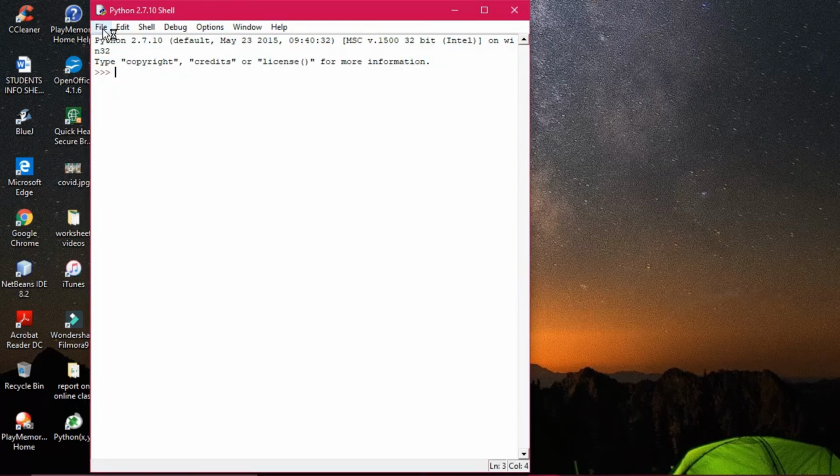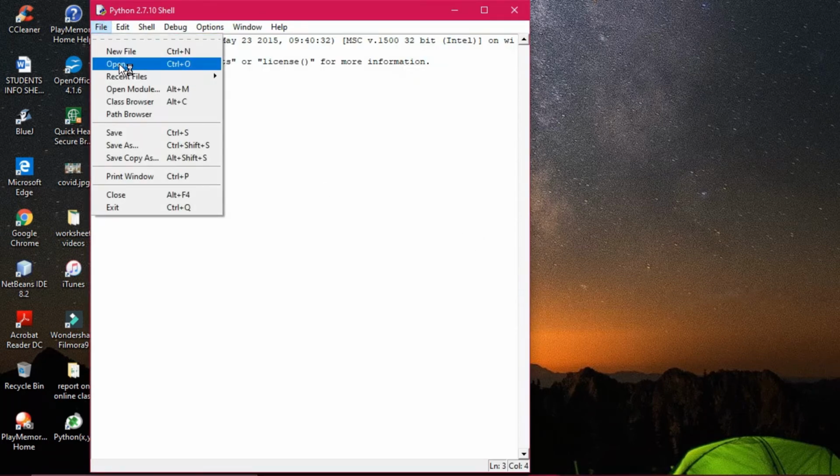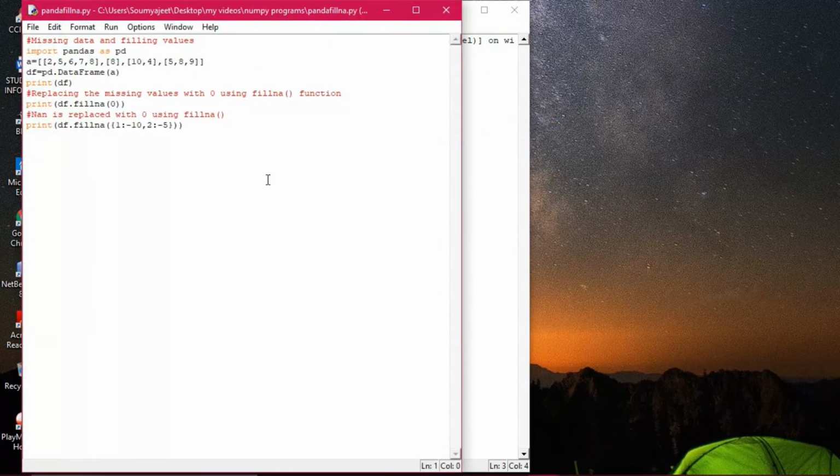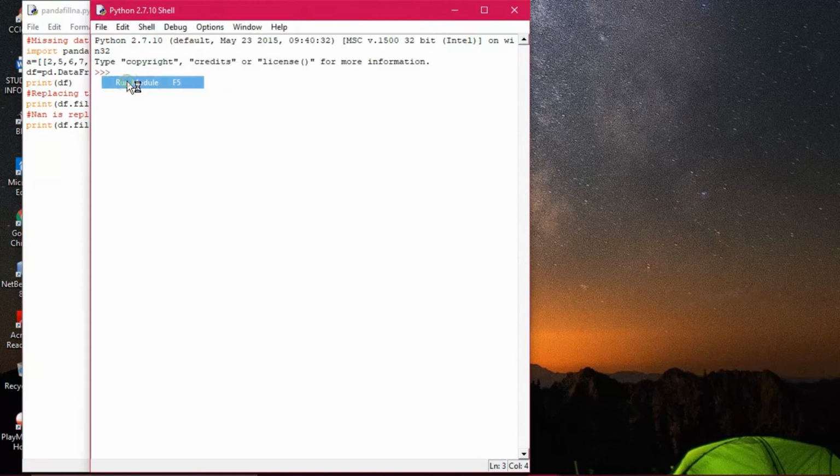You will open this file, a new file as well, or in the recent files if it is there, then definitely I will show you. Yes, fillna is there. Fine. So this is the program. You see out here, the fillna command has been applied, and the filling has been done in the first column and the second column of the array. It is not compulsory that you use 0 all the time. You can fill it with other values also.